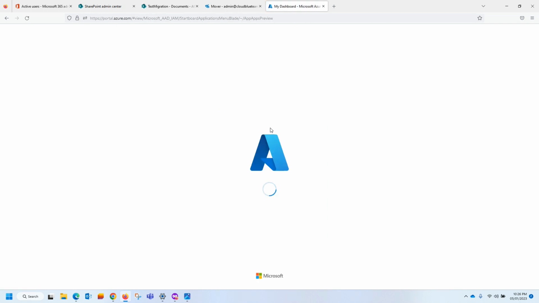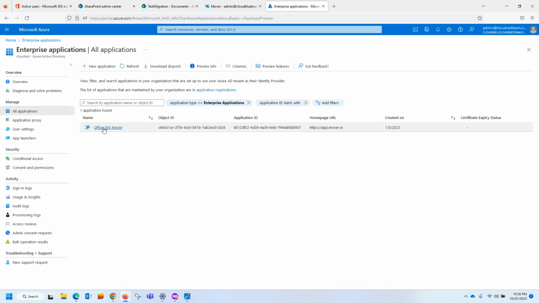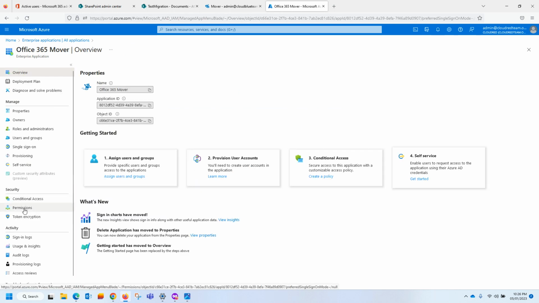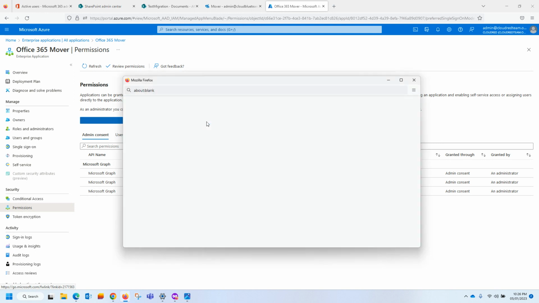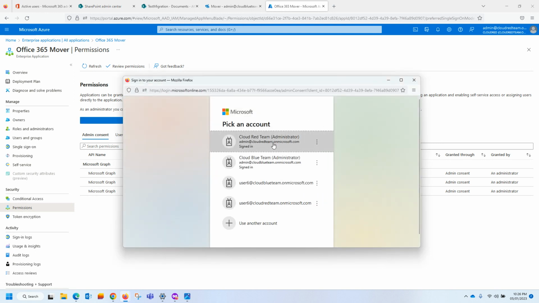and it will take us to Azure Active Directory, and then I believe it will take us to the application as well. So this is the application which got created now. You can see the data as well, right? So you will click on this application, and then under permissions, you'll grant admin consent for Cloud Red. This is where you click, and then it'll ask for the credentials once again, and then just ensure that you're clicking the right user,